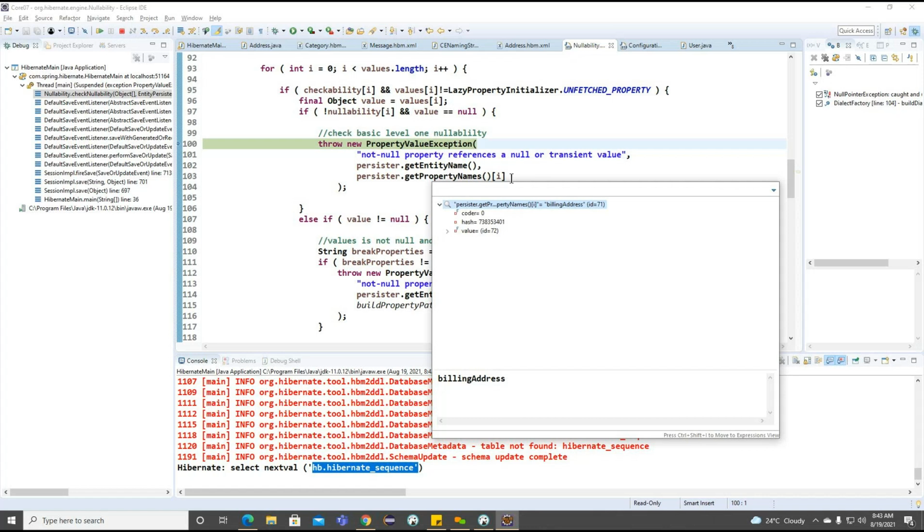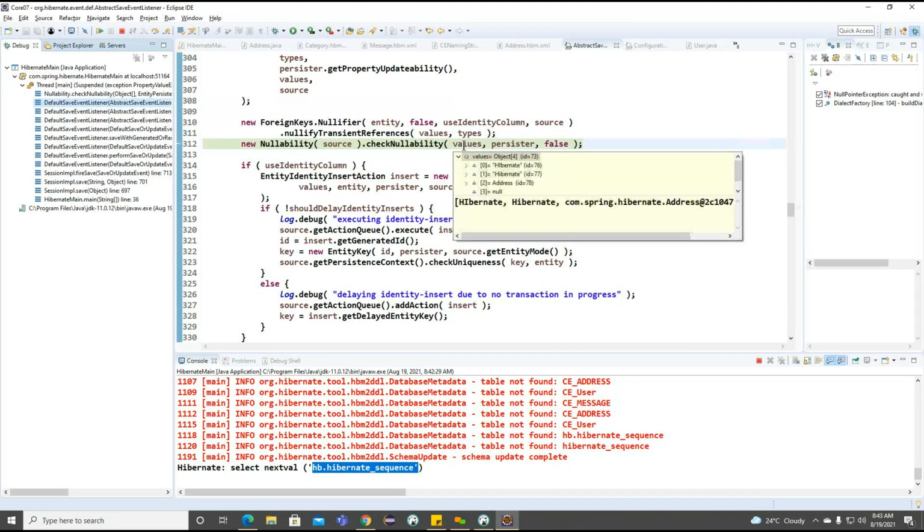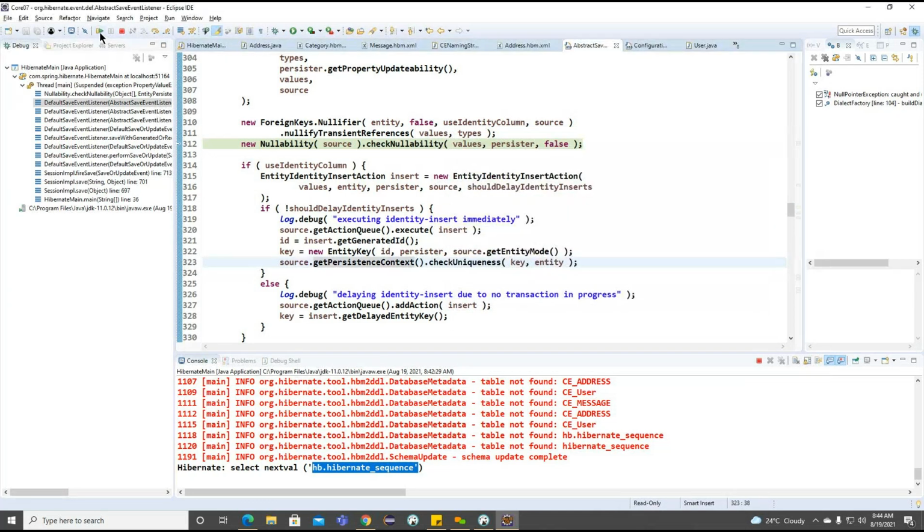So to work on this particular billing address, okay, from where it is coming? Hibernate address and so Hibernate. This is the string value and this is an object we are getting. So zip code null. Okay.